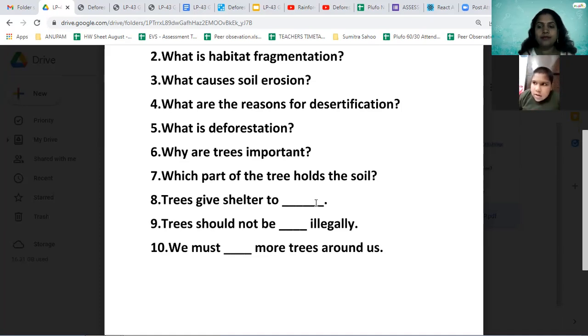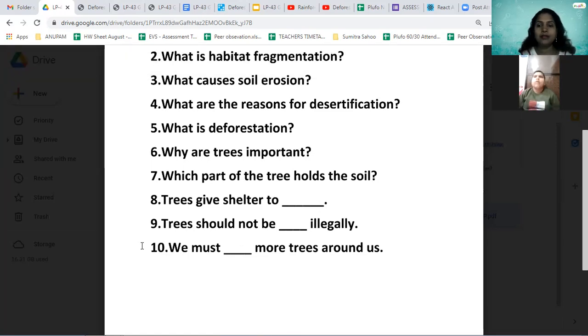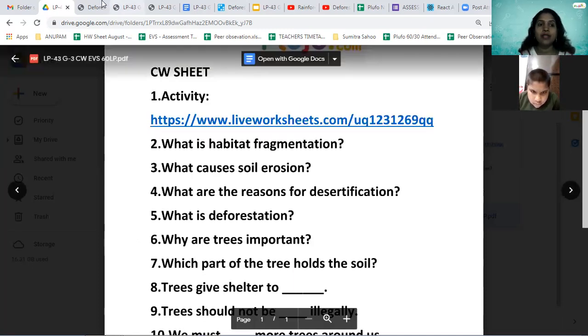Because of our environment. Trees are important because trees give us oxygen. We also need trees for many reasons. Trees give us food, wood and medicines. We are eating different parts of the trees. Trees also give shelter to many animals. So that's why trees are very important. We can say trees are our best friend, our green friend, right? Yes, ma'am. So we should not cut down the trees and we have to plant more trees around us because it purifies the air.